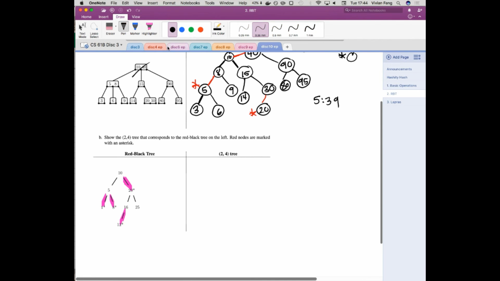I hope so. Okay. So then, because my edge is glued here, what's at the top? Yeah, 10, 20. Okay. And then what's to the left of this 10? Yeah, 1, 5, 8. Why? Because we have these edges all glued together. So you have this big juicy node that's 1, 5, 8. Good? Okay. So then now I go to the right side here. And then the 20 has something on the left, right? So I have a little middle child here. And what goes here? Yeah, 12, 16. And then what goes here?